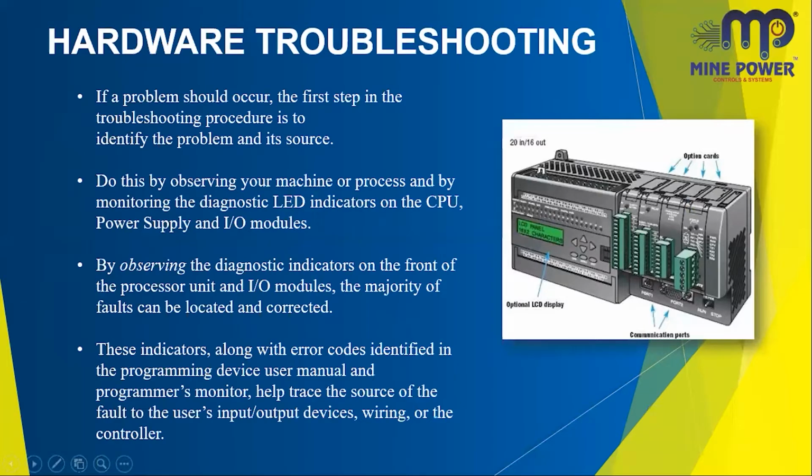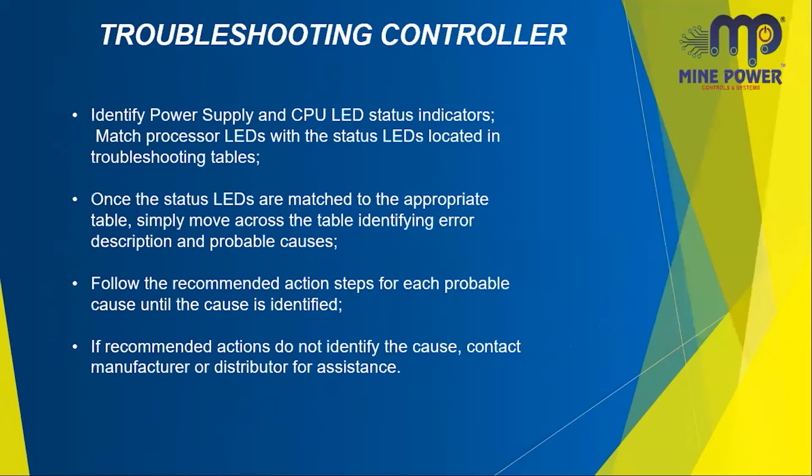Hardware troubleshooting is the main case in troubleshooting, because if there's a fault, it's always based on hardware systems. Hardware is the communication between the CPU and the PLCs and its communication systems, and the LEDs, whether the LED is working or not, whether the communication is connected or not. These types of faults occur in hardware systems, like observing the IO module indicators, IO devices, and the wiring system also.